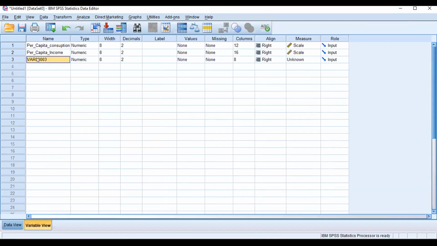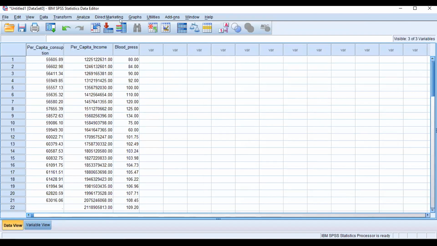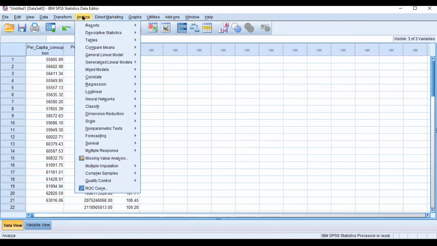Here it is blood pressure. Because it is SPSS, it will not take any kind of illegal character. Here again, this is a numerical expression and scale, ratio scale, because blood pressure can be like 0.2. So we just consider the decimal 0.2. So this is our blood pressure data, and we can analyze with this.